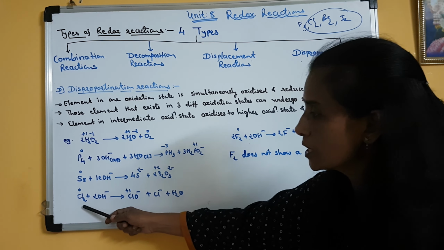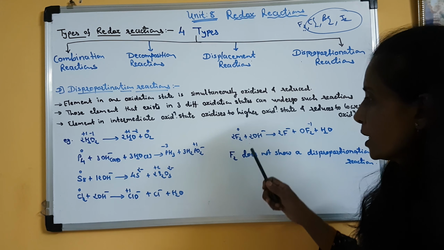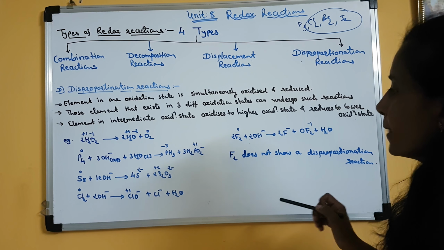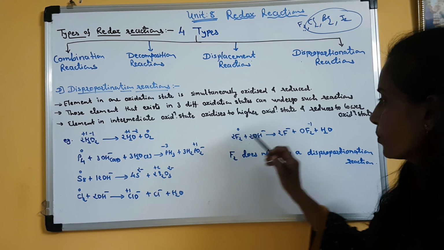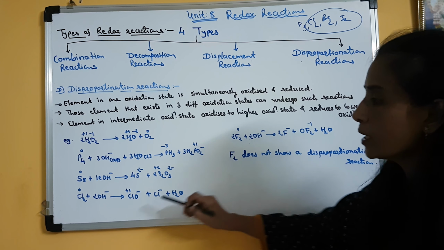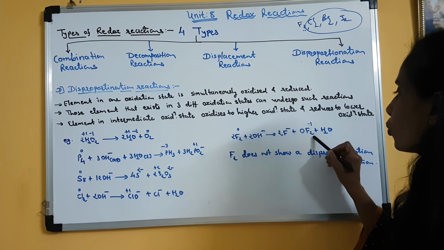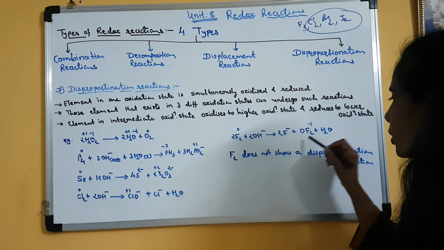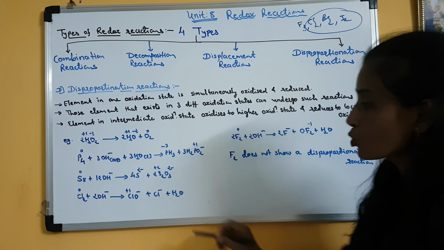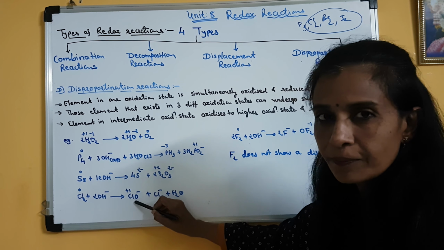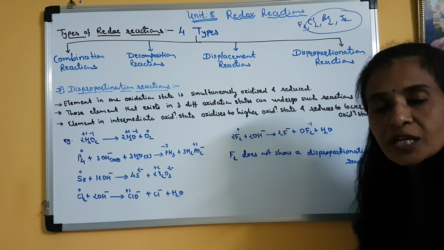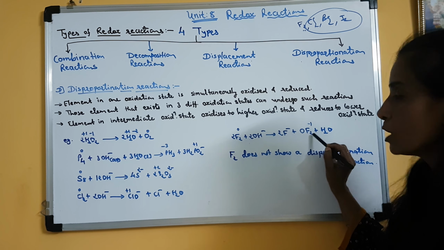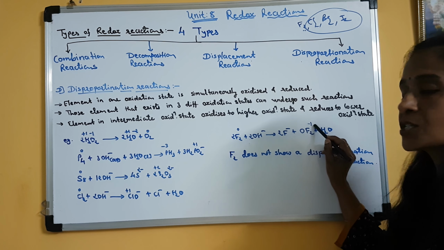You can see Cl2 reacted with 2OH-. Here fluorine is reacted with 2OH-, meaning it is reacted with alkali. Then here the chloride ion is formed, here the fluoride ion is formed. Clear? Here ClO- is formed, here OF2 is formed. It is a neutral compound. OF2 is formed and water is formed. So in this particular ion, chlorine is in +1 oxidation state, meaning positive oxidation state. But here in this compound, fluorine is in -1 oxidation state only.